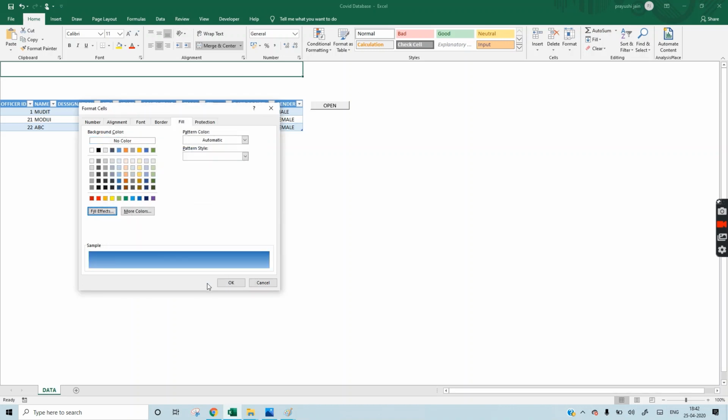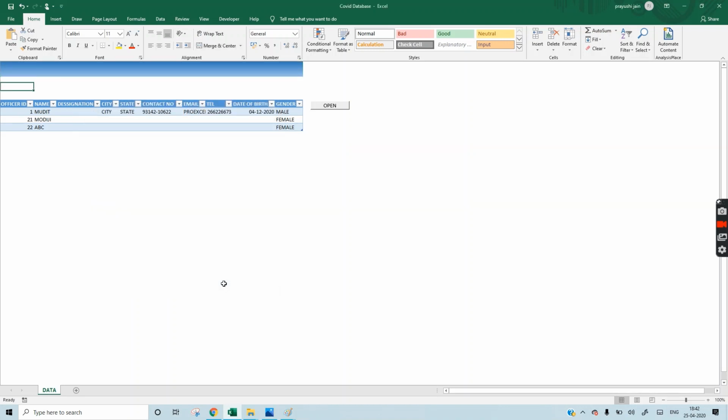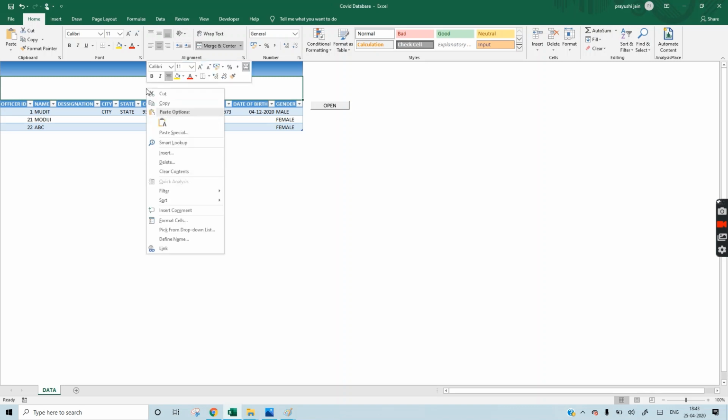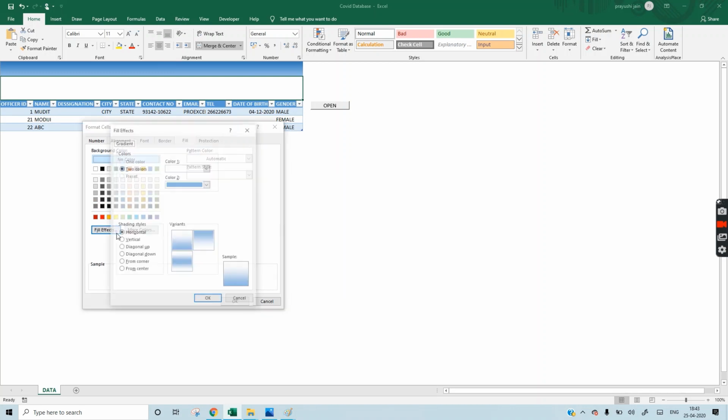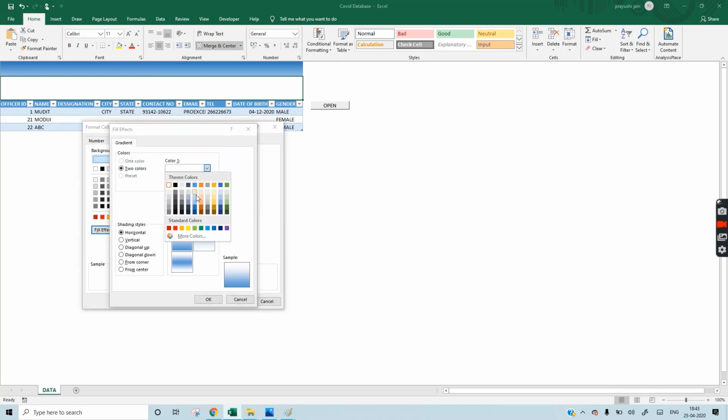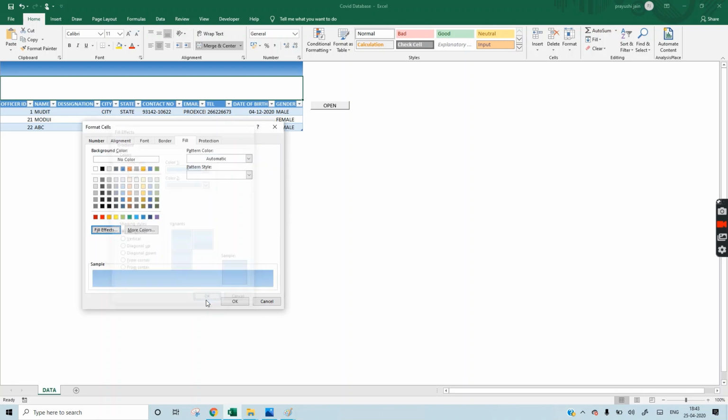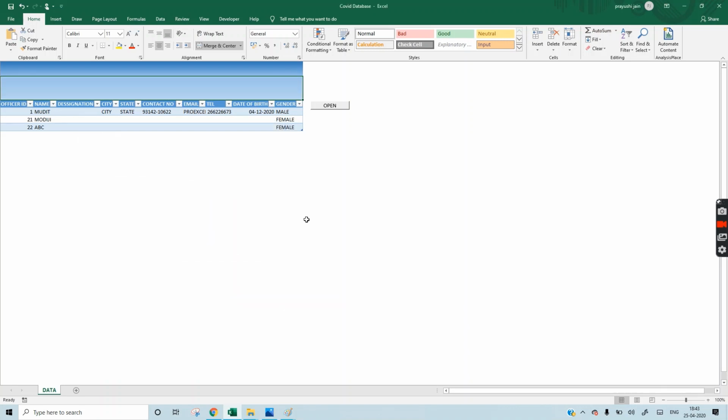Click on OK. Similarly for the next cells, Alt H M C, right click, go to format cells, fill effects. Now the first color will be a medium color and the second one will be lighter, so it will look nice.